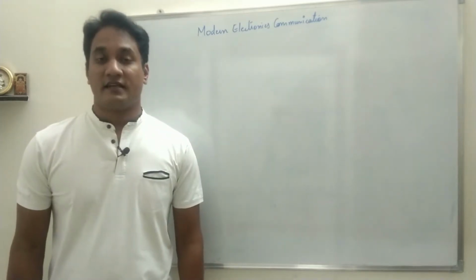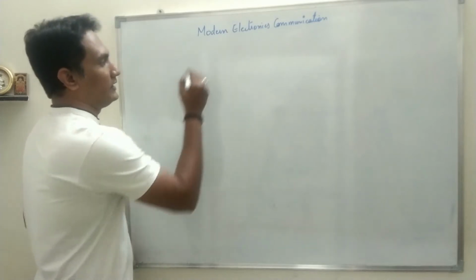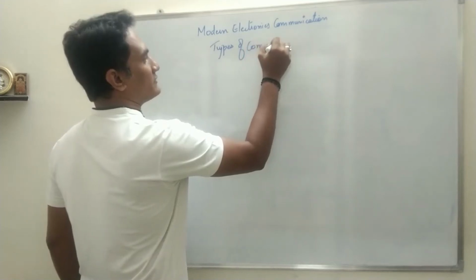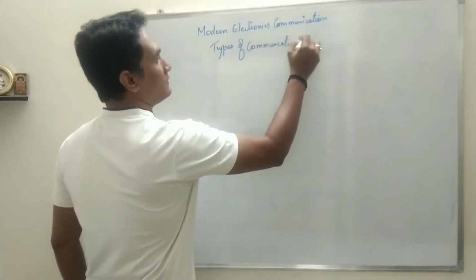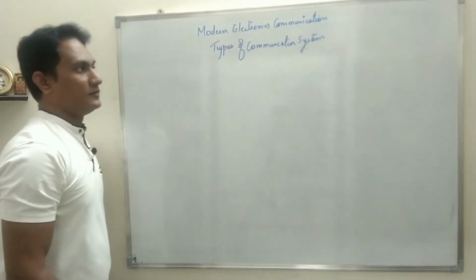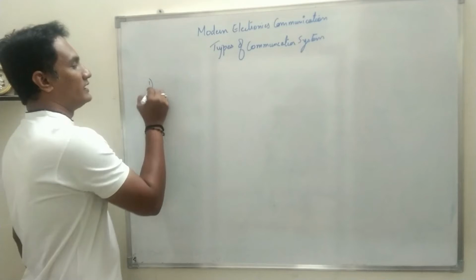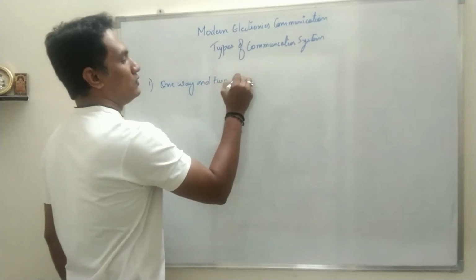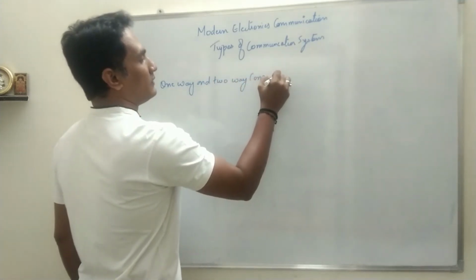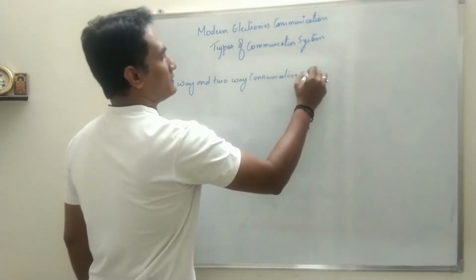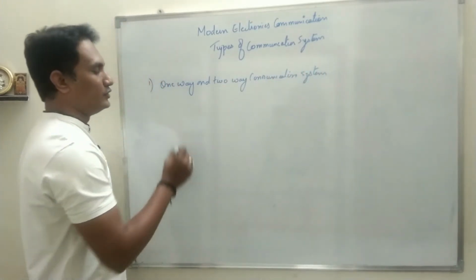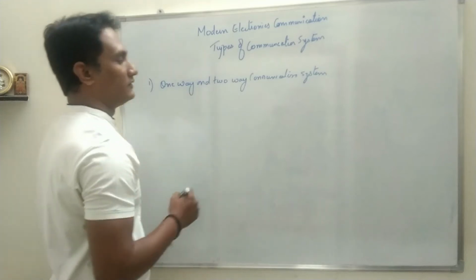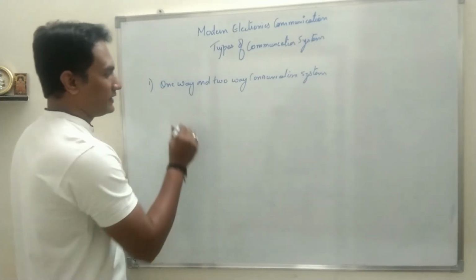The next topic is types of communication system. The first types are one way and two way communication system. One way or two way communication system. The types of one way and two way communications are further classified as